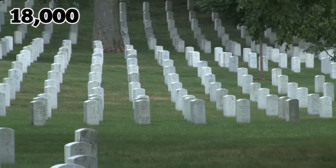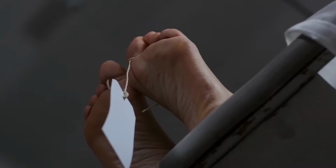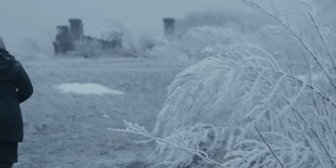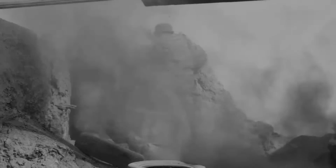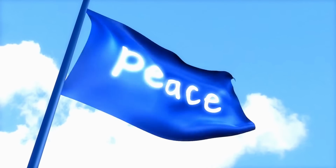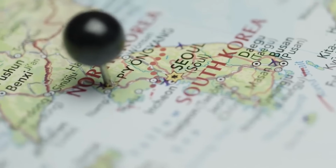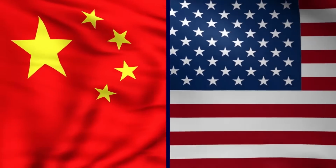Of the nearly 18,000 American casualties and losses suffered during the battle, over 7,300 were non-combat casualties, mostly resulting from the harsh weather. The war continued for nearly 3 more years until an armistice agreement was reached between North and South Korea in 1953. And even though the combat came to a halt, the Korean War never officially ended, and tensions between the North and South remain as high as ever, as countries like the US and China remain involved